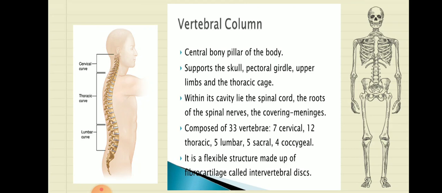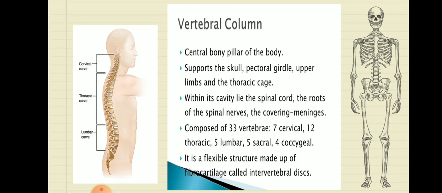All of them are attached, and from all these vertebrae, the spinal cord passes, which is again a delicate organ and which needs protection. All the messages that are being passed forward to the brain, that is due to the help of the spinal cord. So that needs protection, and the vertebral column provides protection to the spinal cord. Then the backbone also gives support to the body. So these all are the functions that are being carried out by the vertebral column.